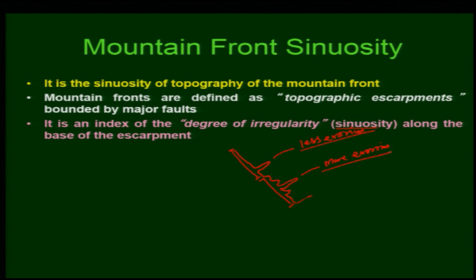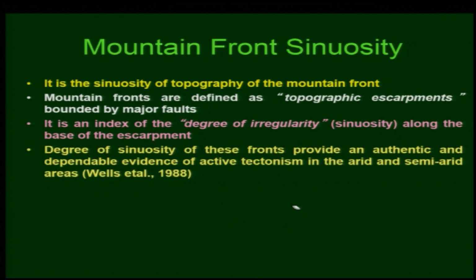So, this means that this area has remained active, but this area has remained inactive and was subjected to more erosion. So, that also one can interpret based on the irregularity or the degree of irregularity or the sinuosity of the escarpment. Okay. The degree of sinuosity of these fronts provides an authentic and dependable evidence of active tectonism